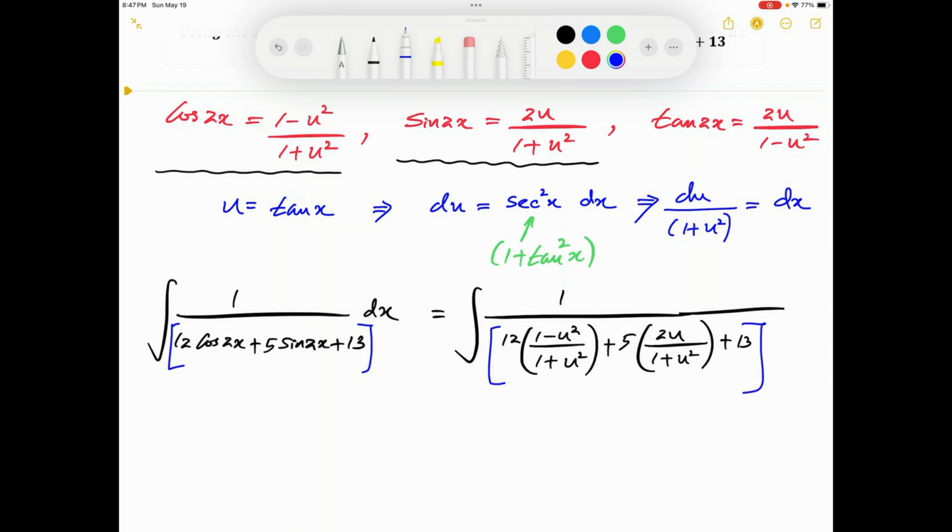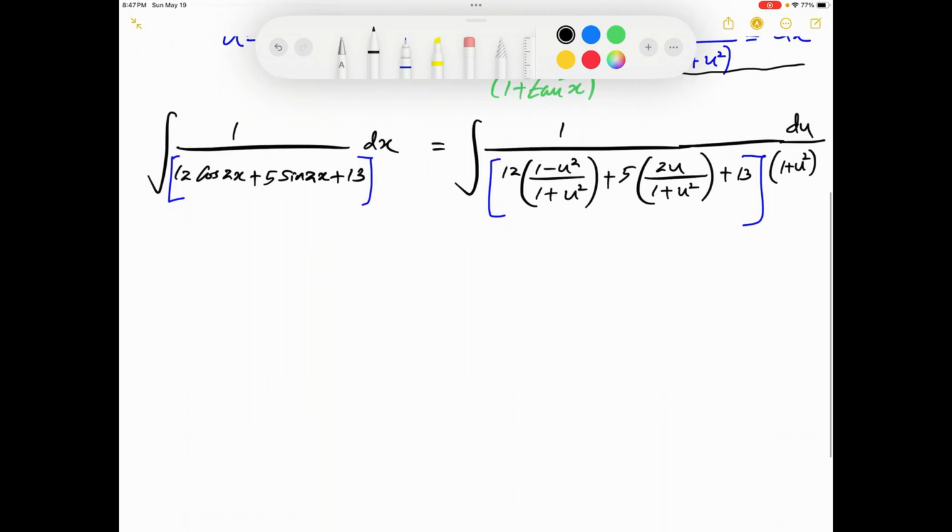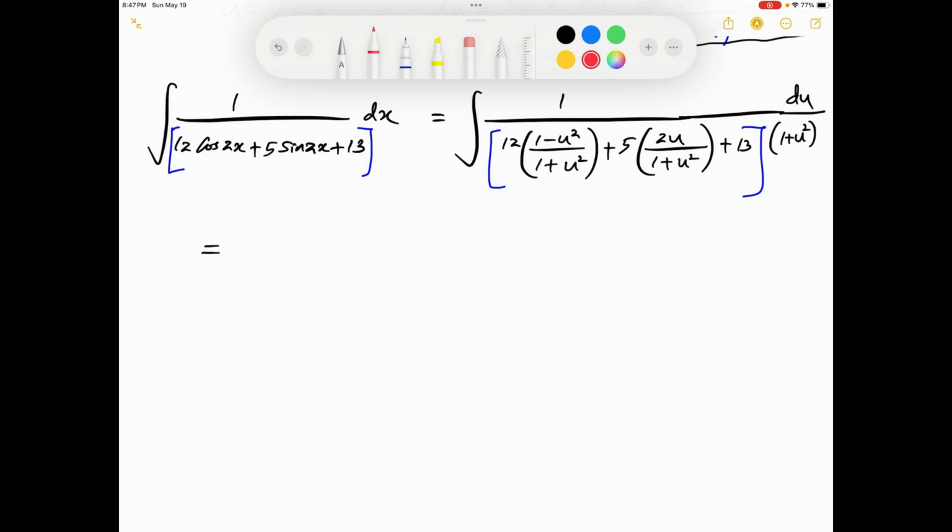And then I have dx. We know dx is equal to du over 1 plus u squared. Alright, now we can do some simplifications. For the simplification, I need to distribute the 1 plus u squared term into each of these three terms inside the brackets in the denominator. When I do so, this integral becomes